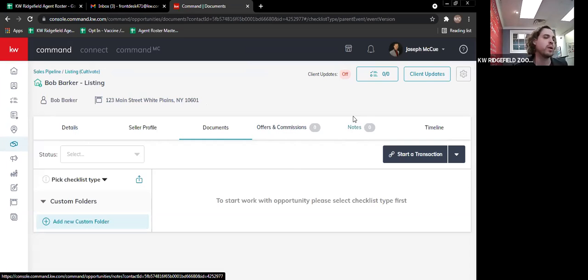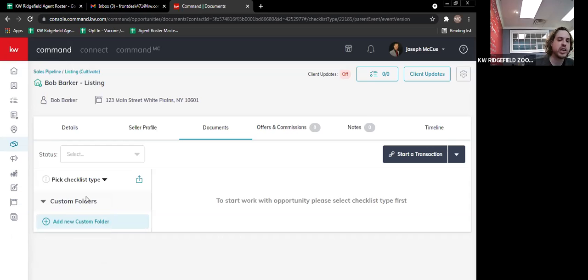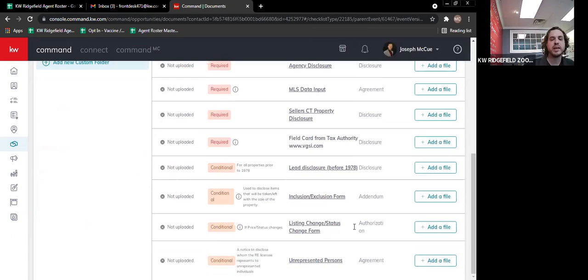And then notes is if you want to make any notes on the transaction. Timeline, every time you do something to an opportunity, it records it and puts it on the timeline, and that's for compliance if anything ever happens and we need to review it. Documents, you're going to have to pick a checklist type. Now, yours may look different than mine because Stanford and Ridgefield do have different checklists set up, but you click on the checklist and then it pulls in all of the required documents that